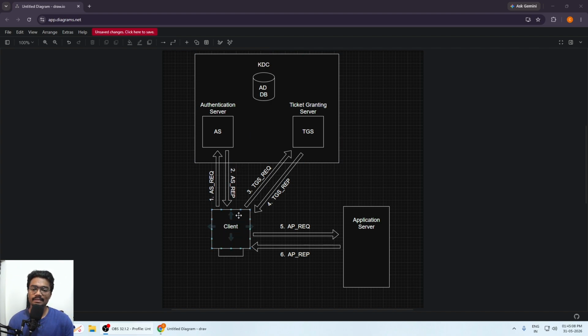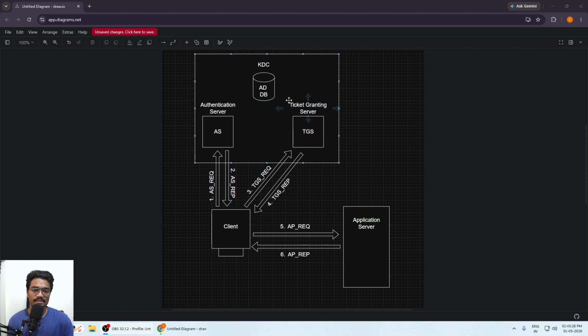So now here the decryption of the session key is done, and then authenticator is created. So that authenticator is encrypted using the session key, and the TGT and the authenticator are sent inside the TGS